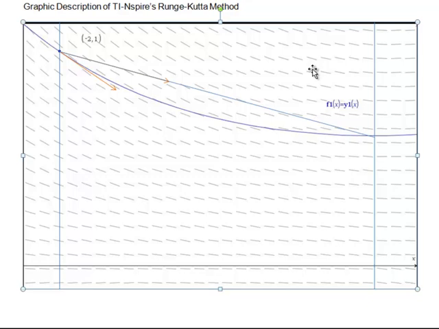As you recall, we traveled 1/2 way across the first line segment to pick up this second slope. Now we're going to go 3/4 of the way across this line segment to get yet another slope. So 3/4 of the way about here, and looking at the slope field right here to see which direction this slope is, it looks about